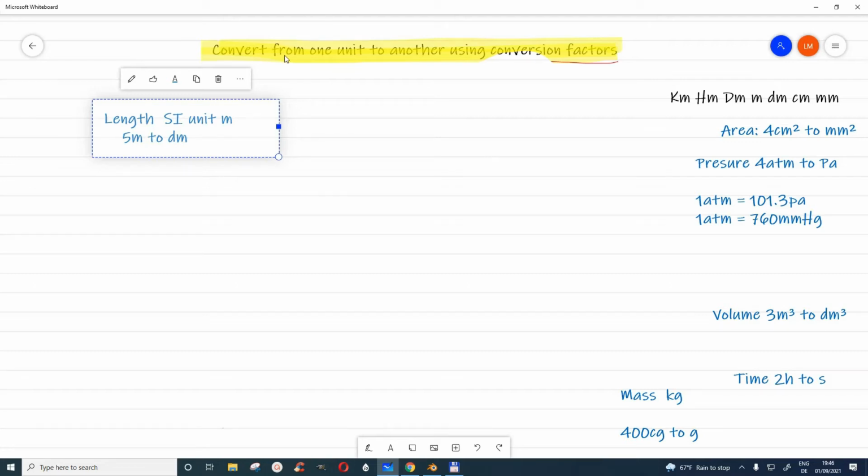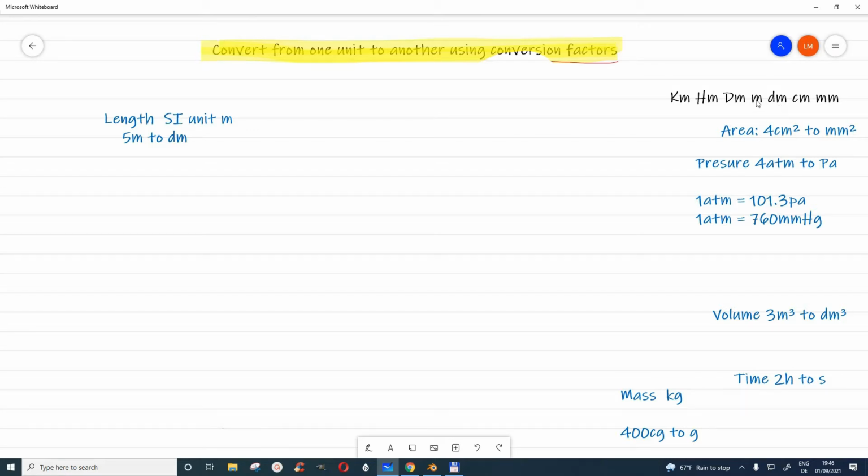We want to look at how to convert from one unit to another. So we'll start by, let's say we have length. Normally length is measured in SI units, meters, but you could be given anything by your teacher to convert. Let's say you have 5 meters and you have to convert it to decimeters. So I have this here, 10